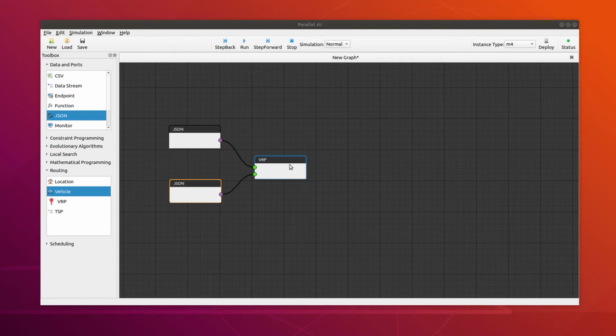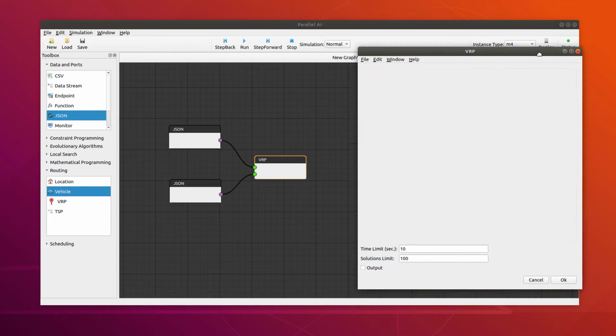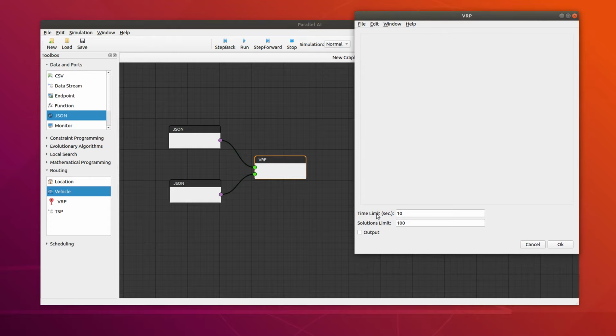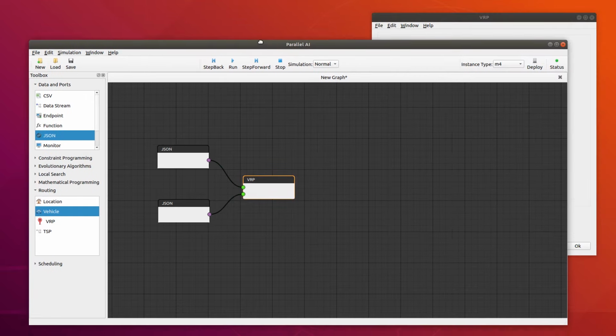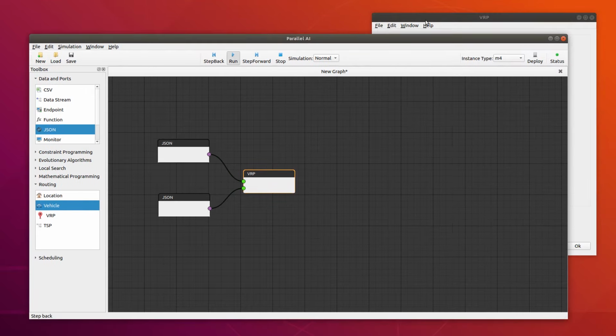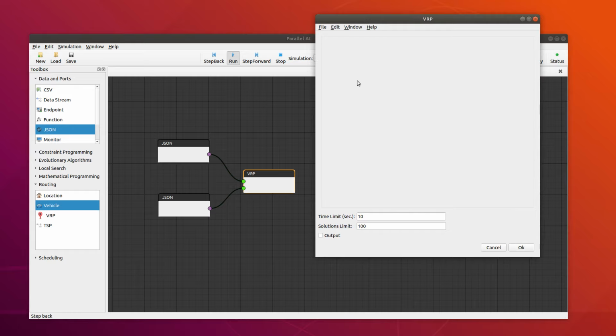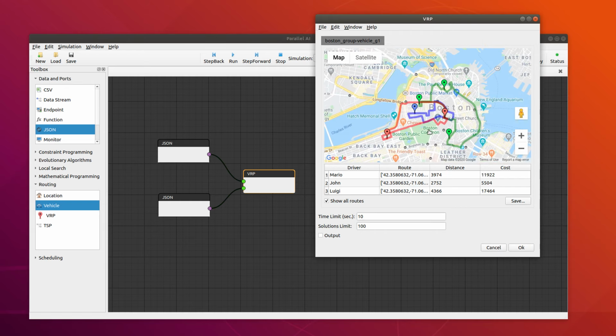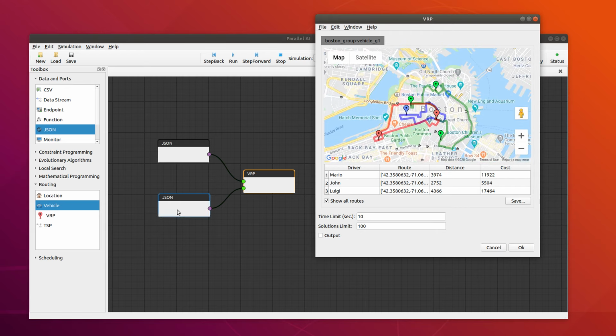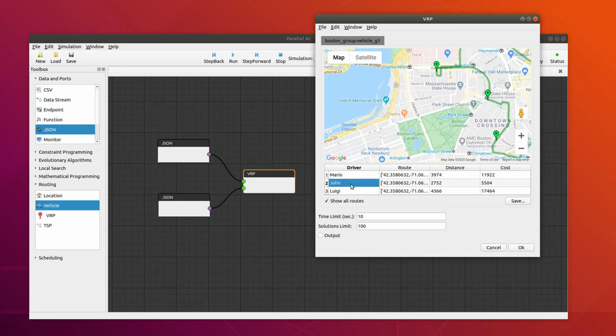And when we click on VRP block, we open up a window like this. We can set up some parameters like time limit and solution limit. And now we have our model and we can simulate. We click on the run button. This is going to call the backend engine and it's going to simulate the process and solve the vehicle routing problem. And you see that now we have our solution. We have Mario, John, and Luigi, our drivers, total cost, and the distance in meters, right? So we can click on one single